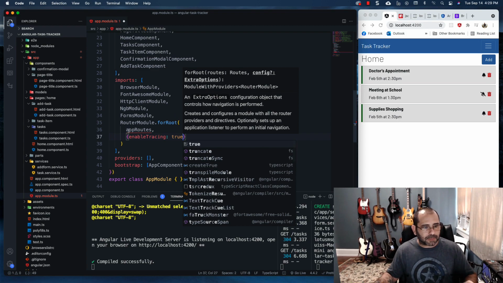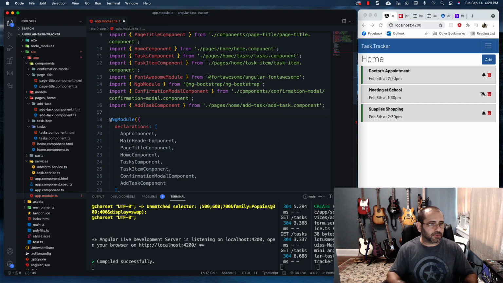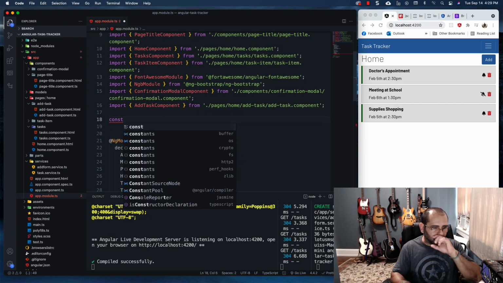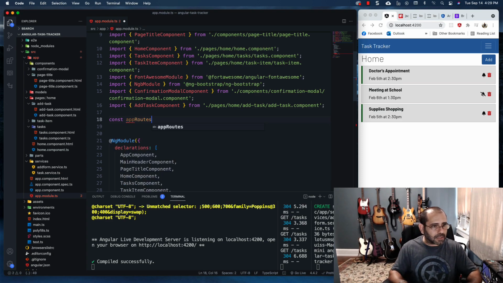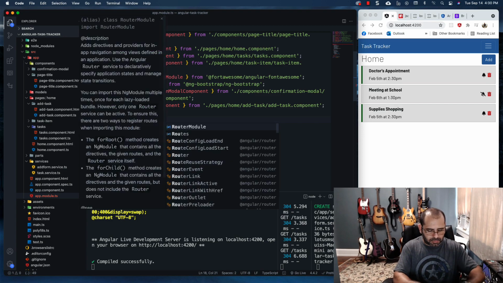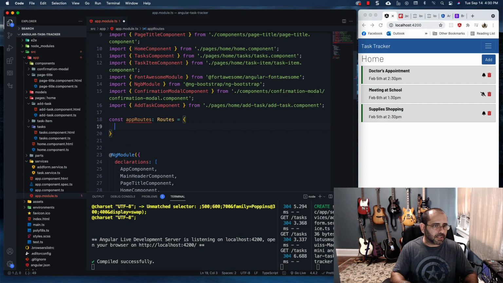Alright, so now the app routes don't exist yet, so we're going to come up here. You can totally put this in a different file if you want to, but we'll keep it here for now. We're going to call this app routes because we already declared it there, and here is where we're going to actually set our routes up. So the app routes is going to be of type Routes,